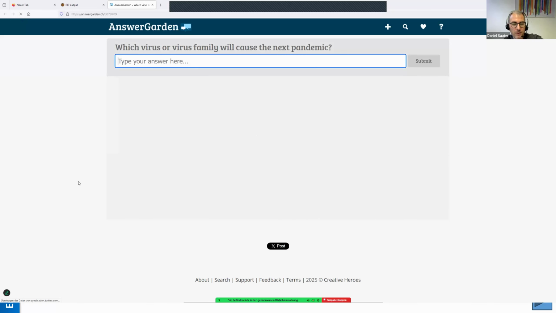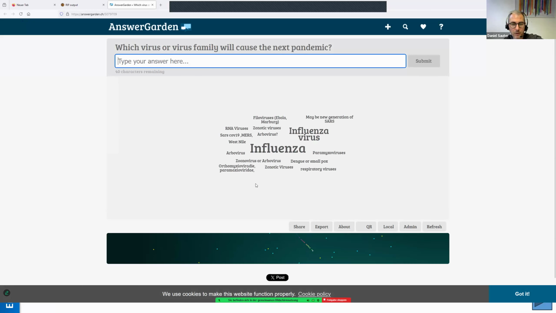But what I can see already is that a lot of people think it would be respiratory viruses, right? So there are 3 people that put no 4 that put influenza virus. I actually also put influenza virus. I think that's a good candidate for several reasons. So there is a large variety of influenza viruses already, lots of animal viruses. There have been examples of pandemics in the past, that it can reassort and recombine. Someone put zoonotic viruses. Of course, I think the biggest risk comes from these viruses, the ones that spill over from animals to humans.